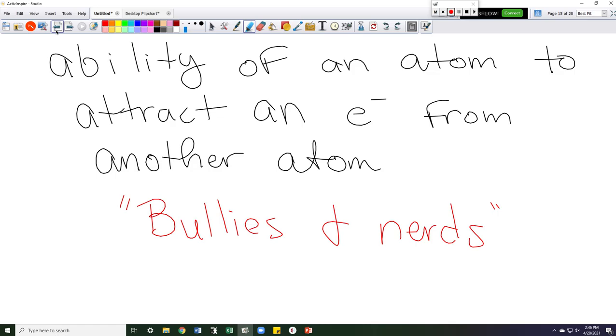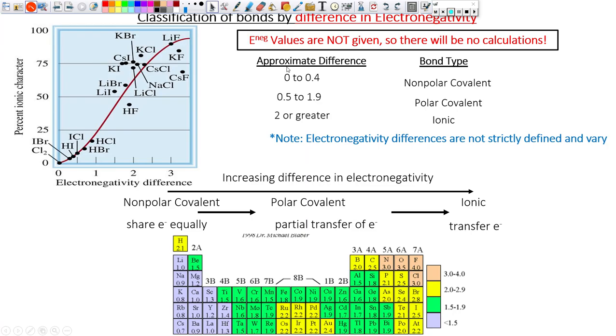Now, to show you a comparison, francium's electronegative value is 0.7. So you now see the value of the biggest bully and the value of the biggest nerd. There's a pretty big range there, in comparison of the two. I know that's not a huge range, but in this world it is. So why I told you all of this is that we can use the numbers on a periodic table to calculate and determine the bond type.